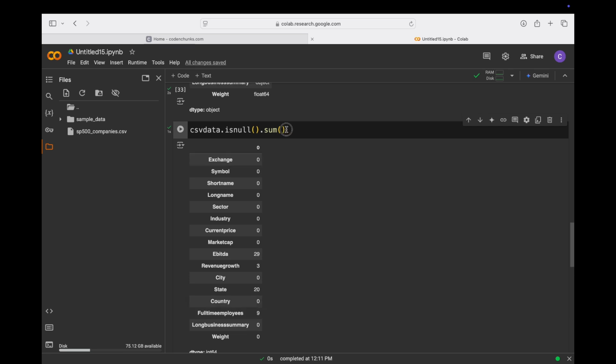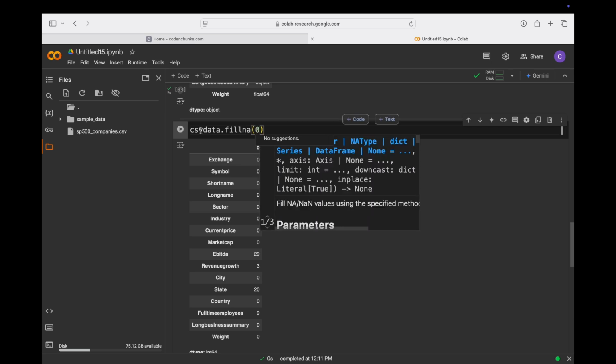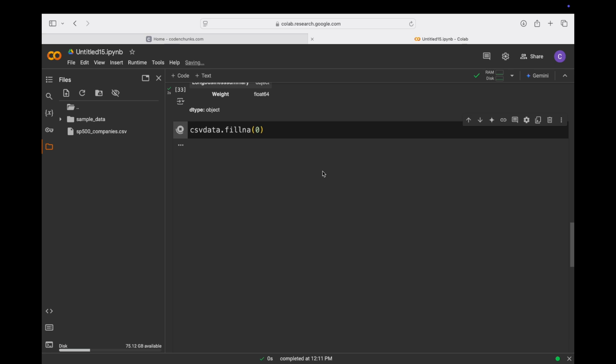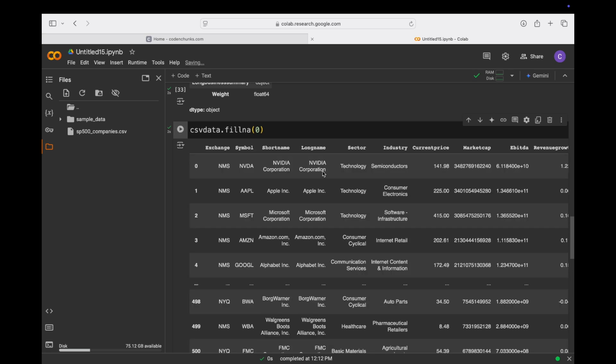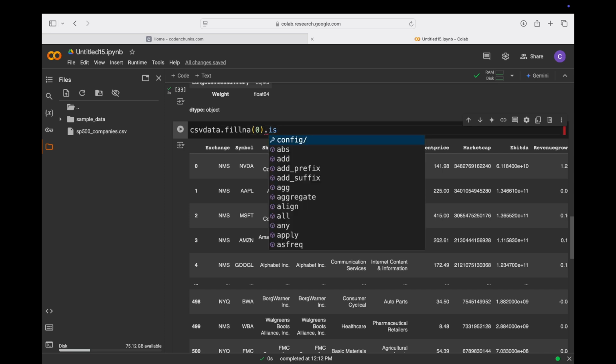Okay, suppose you want to fill those null values, so how can you fill that? We have one method, that is fillna. Okay, fillna. So I want to fill that with 0. Now all the values are filled with zeros. Those were the null values. So now if you write isnull,